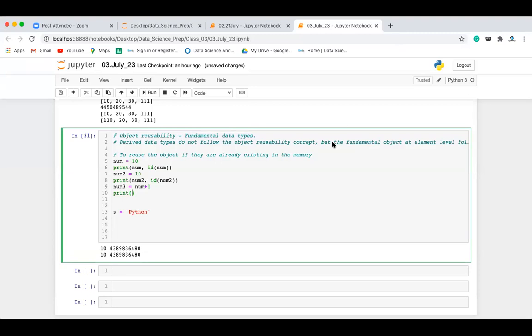Yes, please. It will change. It will change, different, right? So see, in the case of